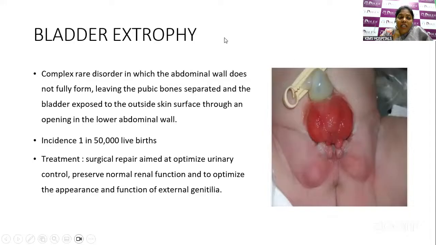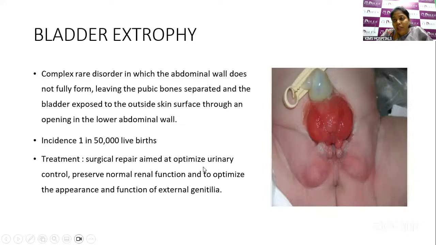Coming to bladder exstrophy, it is a rare but complex disorder in which the abdominal wall does not fully form, leaving the pubic bones separated and the bladder exposed to the outside of the skin surface through an opening at the lower abdominal wall. The occurrence is 1 in 50,000 live births. Treatment is surgical repair,